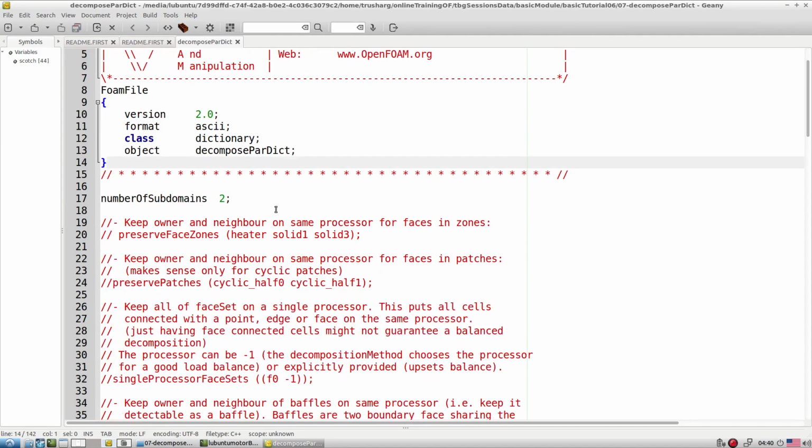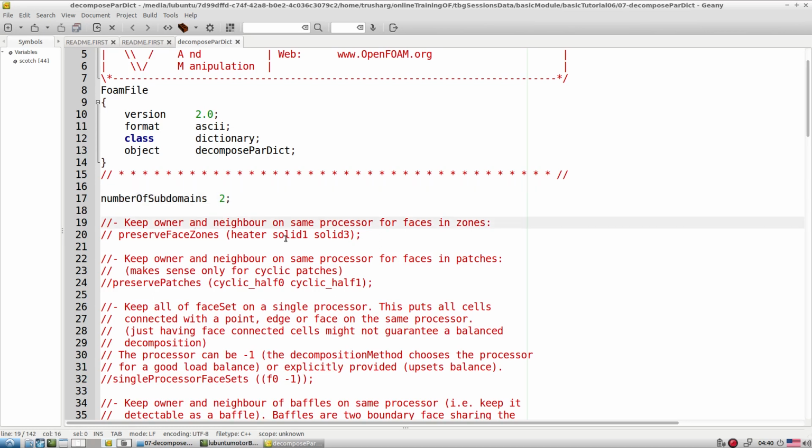First, explore a few entries here. We have to specify the number of subdomains. What is this number of subdomains? Let's say we have an 8-core system and are able to utilize 8 processors of that system. In that case we can run our test case in parallel by specifying numberOfSubdomains equal to 8. So this is the number of processors on which we want to distribute our entire test case as small segments over all the domains. That is how you can specify this.